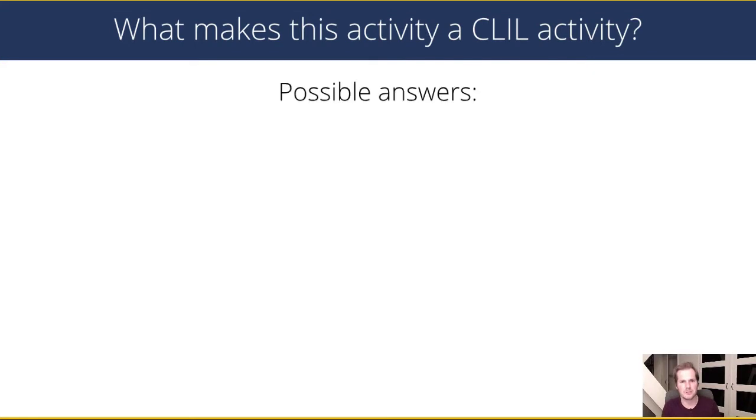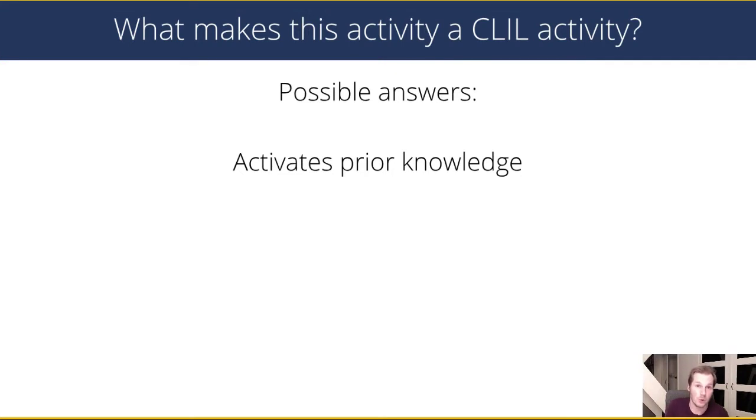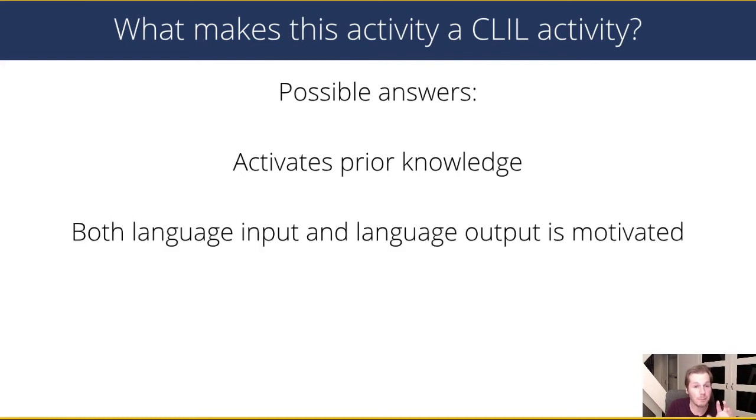Now, why is this a CLIL activity? Well, there's a couple of ways you can answer this question. It activates prior knowledge because you ask students to come up with things they already know. They see a word and they have to come up with, okay, what do I know about this word and how does it compare with the other word? Both language input, the wordle itself, and language output is motivated. So language output is motivated, and with that I mean if they have to discuss it with each other, if they have to explain to you what the word is, or if they have to create things themselves. In all of those cases, they have to explain things on their own, they have to work together,